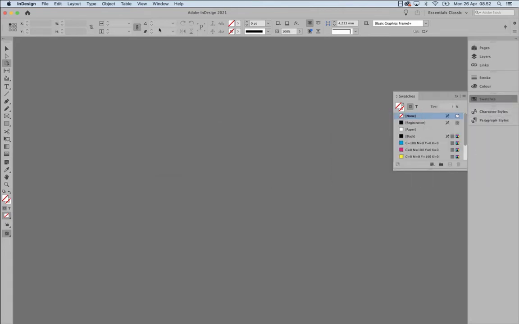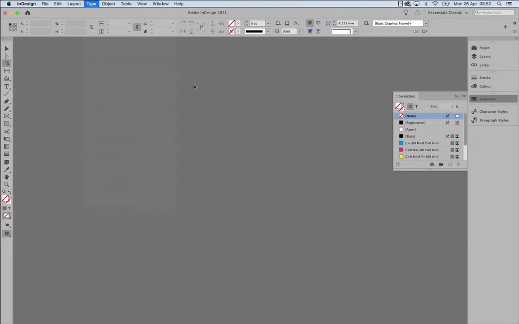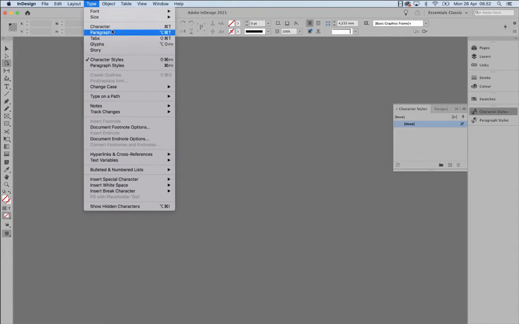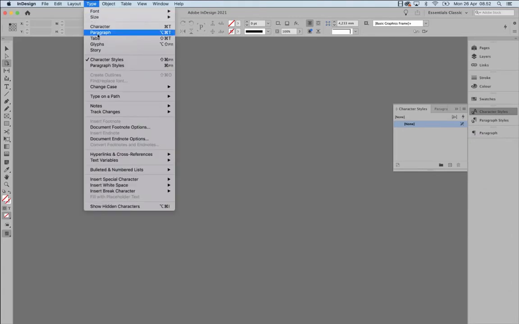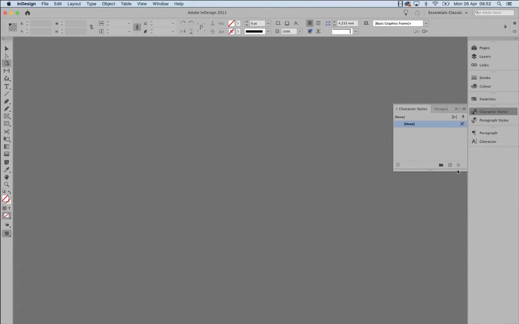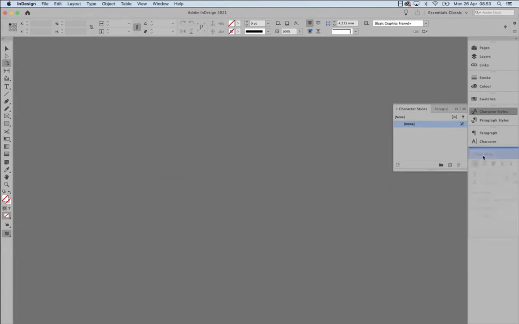The next thing I'll do is make sure that I have my paragraph and character. So I'll just find those inside of type. You can also find them in window, but I'll just find them over here. And I clicked the wrong place, so I'll just find them here. Paragraph, there we go, and character. So I have those two, and I'll just put them together over here on the right. And we'll definitely need text wrap. So text wrap is something I'll get as well. So then we should have a good panel for working